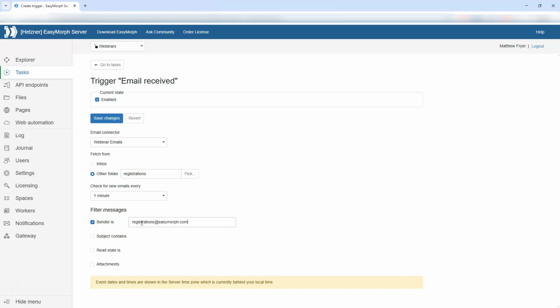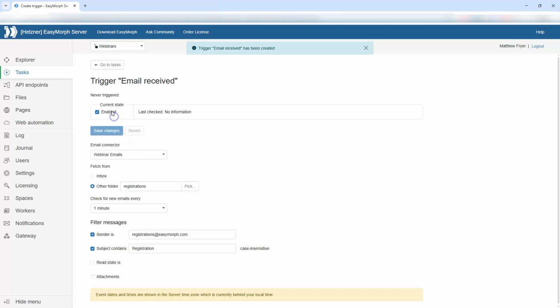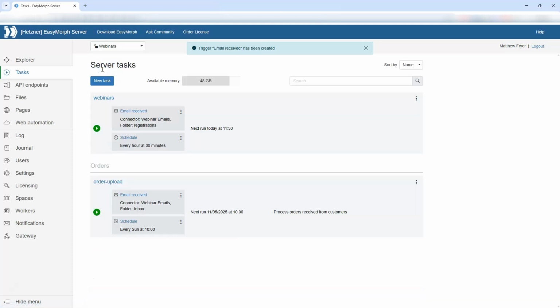Additional filters can also be applied so that the task is only triggered when emails are received from specific senders with a specific subject, or even only when the email includes an attachment. With this trigger, I can now run a workflow to process a new order form within seconds of my customer